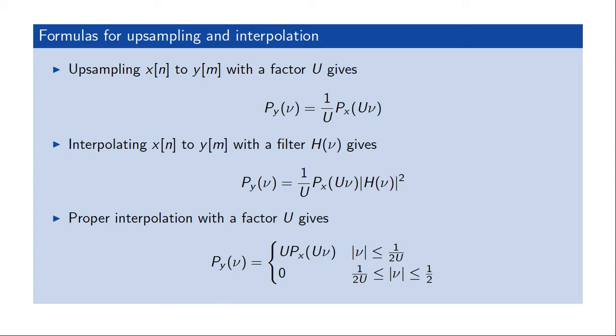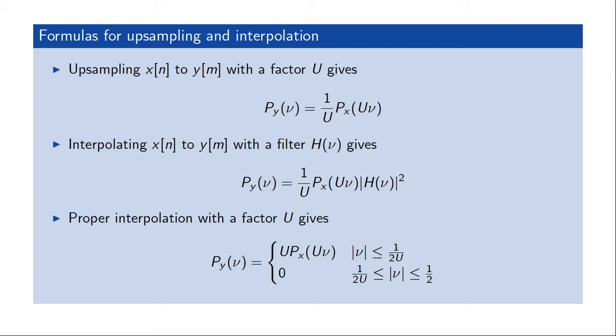So since the power spectral density is measuring energy per unit time, inserting zeros actually reduces the power of the signal, or the energy per unit time, since some of the samples, namely the ones that we pick from the input process, will have the same power as the input process, of course, but the zero samples will have zero power. So overall, if we look at the power of the output signal, it will be 1 over u times this frequency scaled version of the input spectrum. And this 1 over u is a factor which we didn't have in the case of the discrete